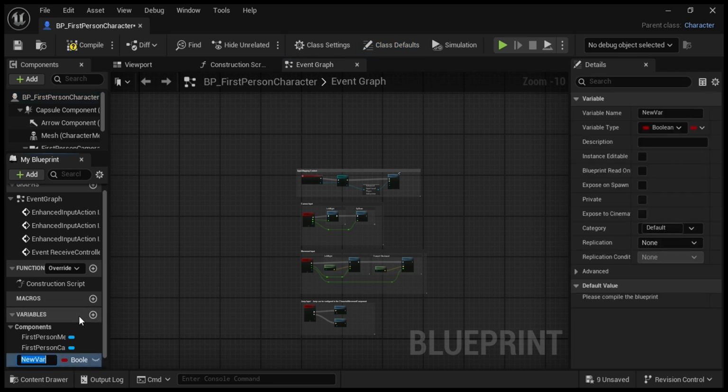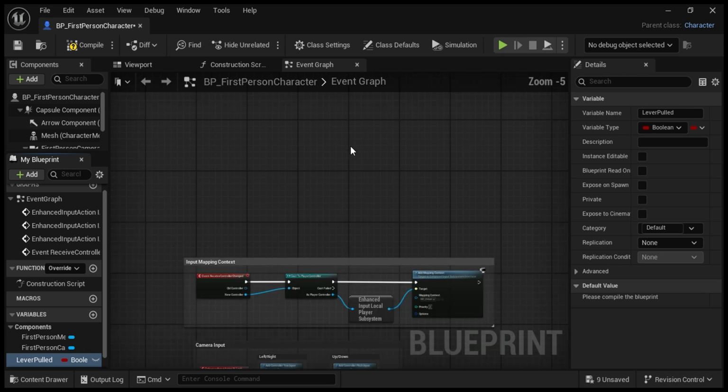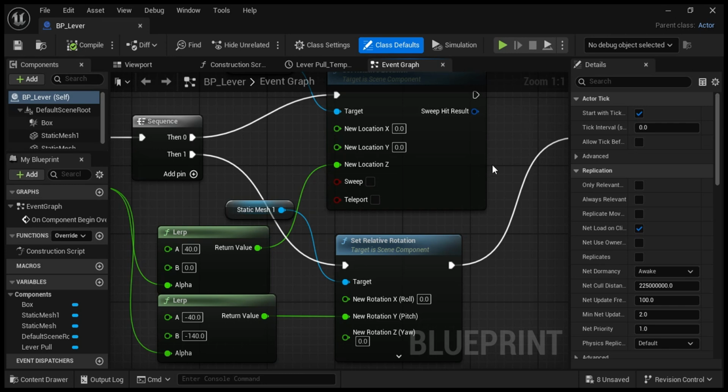So what we're gonna do here is lever pulled. You see, we're gonna have this as a boolean, so we can do something with that door. Oh wait, actually, another door, but not the big one. So we're gonna close out of here. Going back to our lever,